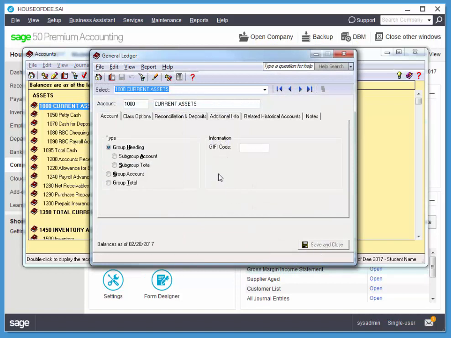So see, there's no box here. If I move to the next one, however, allow departmental allocations. Now when you create a new company from scratch, these will all be checked for you. In this data set, for some reason, they're not. So we have to go through every single account, including your assets and liabilities, expenses, capital, as well as